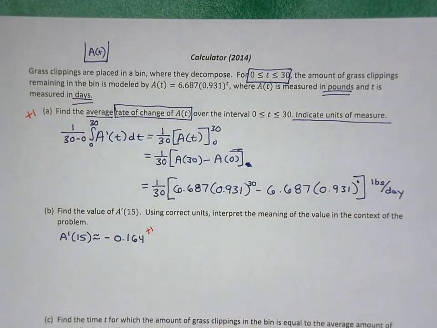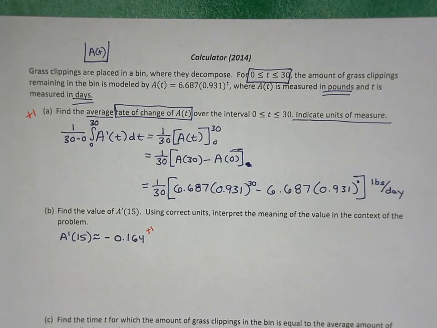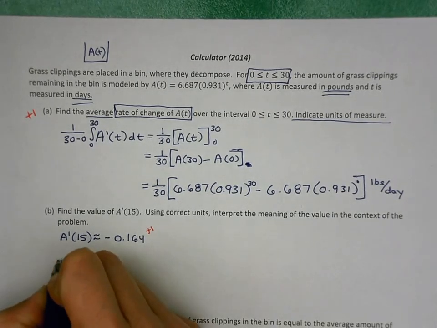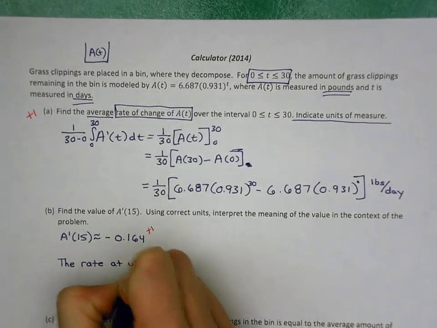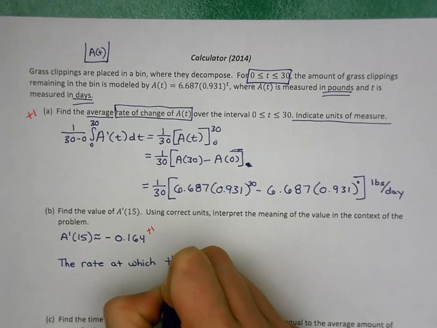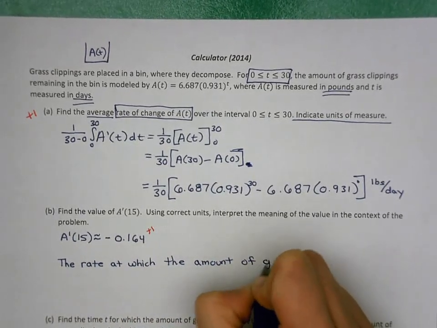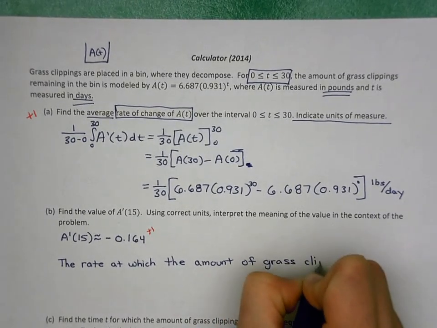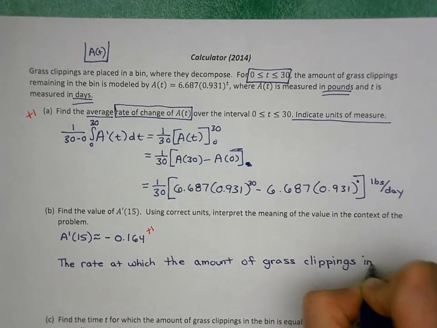A prime, then, is the derivative of that. Well, we can't just say derivative, right? So what's another word we could use besides derivative? Okay, remember, a derivative is a rate, right? And so this is the rate at which the amount of grass clippings in the bin is